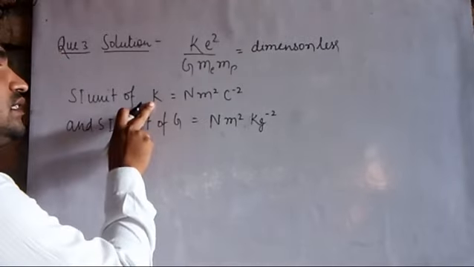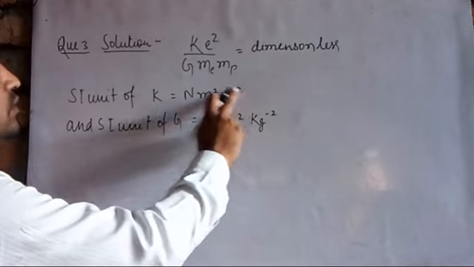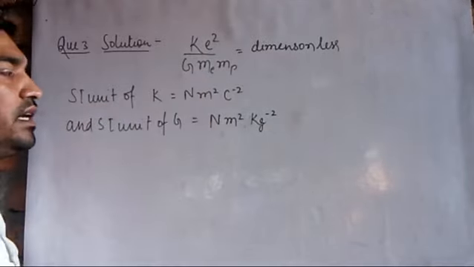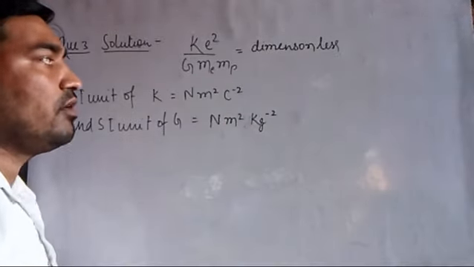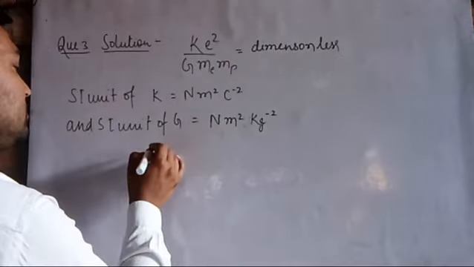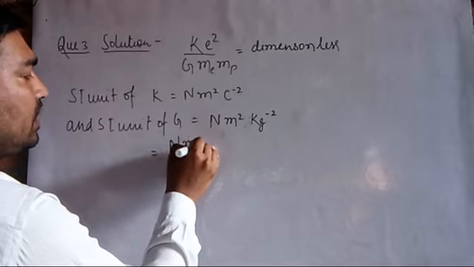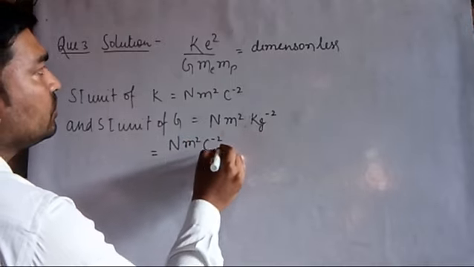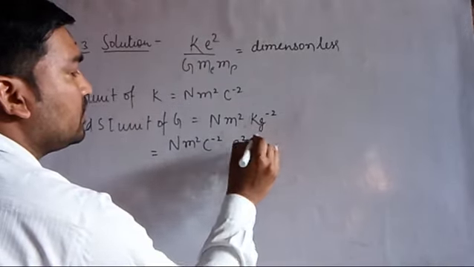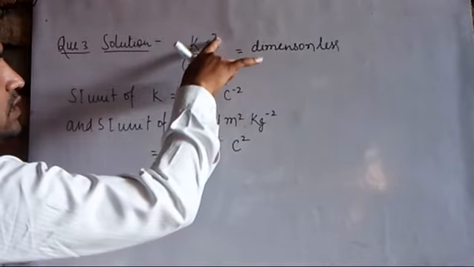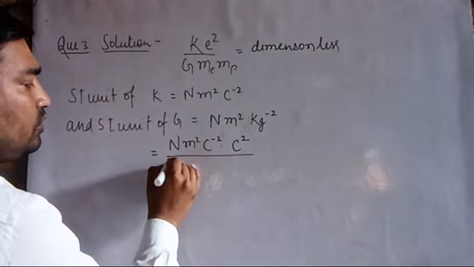And the SI unit of this constant is Newton meter square Coulomb to the power minus 2. And this capital G is the universal gravitational constant and its SI unit is Newton meter square kg to the power minus 2. After putting these units in this equation, k is N m square C to the power minus 2 into e is charge, and the SI unit of charge is Coulomb. Then it is Coulomb square because it is e square, upon